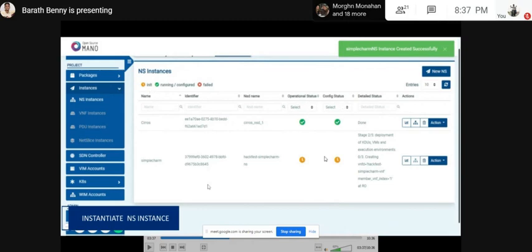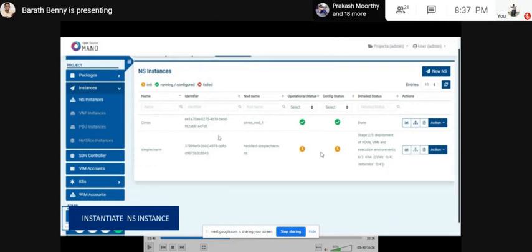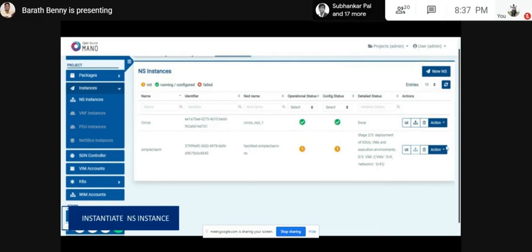Now the instance has been created. As mentioned in the Vim section, all the lists will be in the same design layout, and all the status, configuration, and operation status will be shown in the icon status. So the user can easily view that it is in the initial state. The initial state is represented as a light yellow color, dark yellow color, sorry.